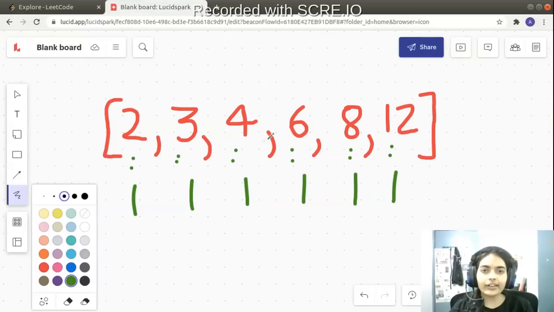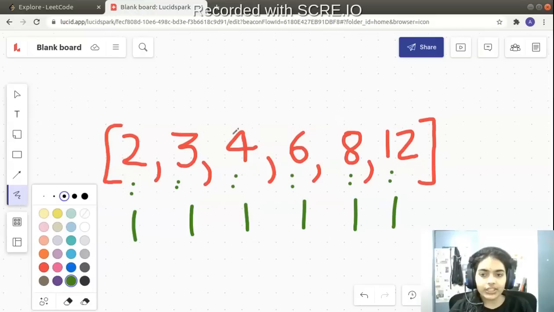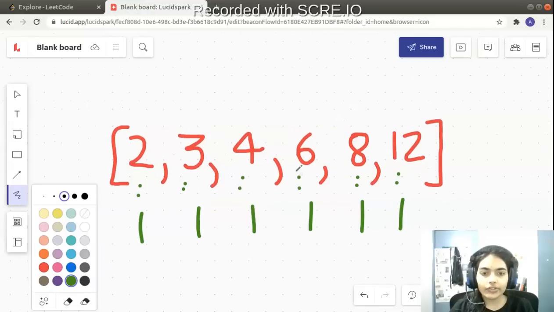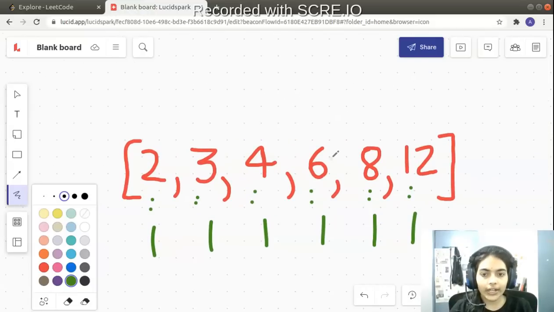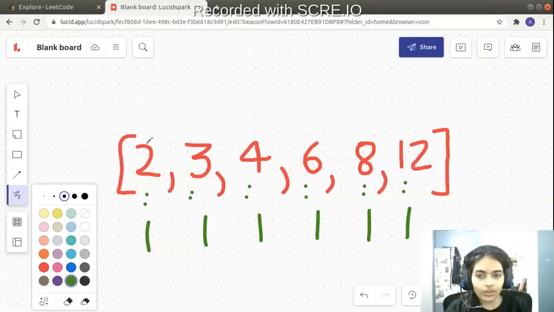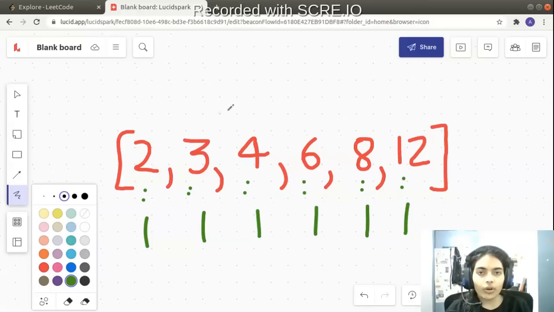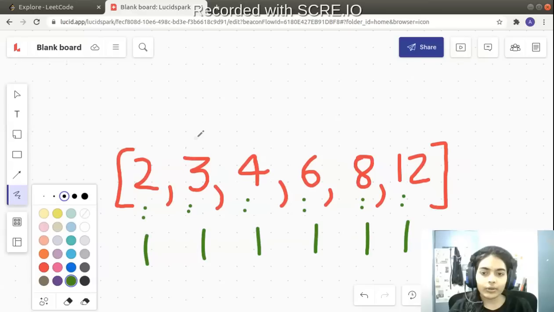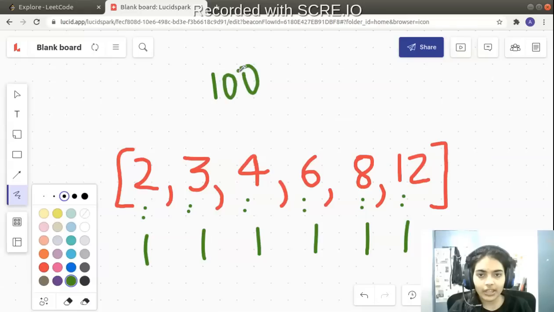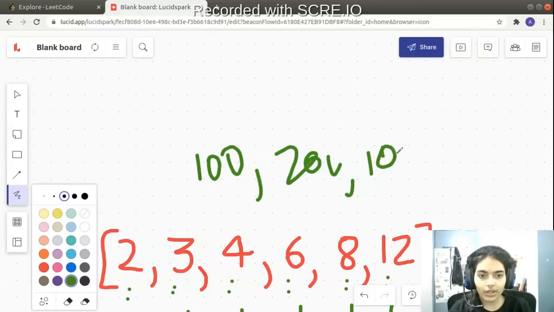Now we'll try to see if we can make any other binary trees using these numbers. First of all, we'll sort this array, and the advantage of sorting is that we will have the numbers in order. And so you see, using the smallest number, you cannot form any other binary tree. No matter what the number is. Even if the smallest number was say 100, and you had other numbers like 200, 1000, you can never form 100 using the numbers given in the array.